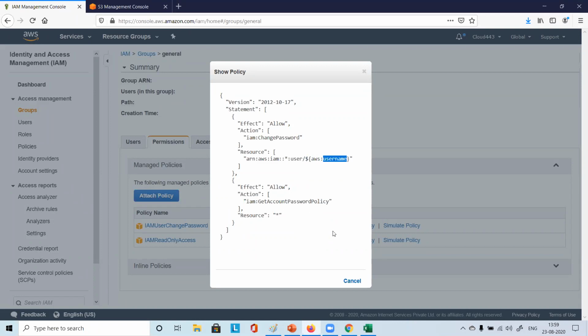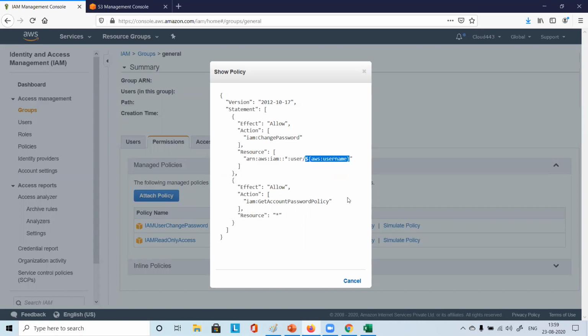For dev user 1, this variable will take the value dev user 1. If it's another user, dev user 2, it will be replaced by dev user 2. Whatever is the name of the user, that will come to this place, right? Understood? This is a variable.